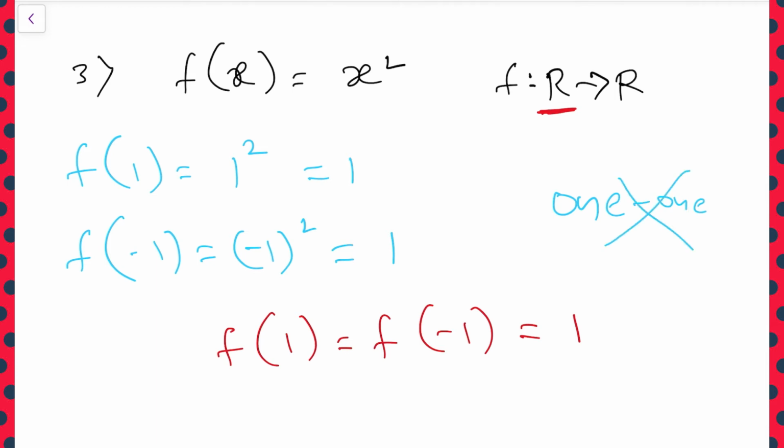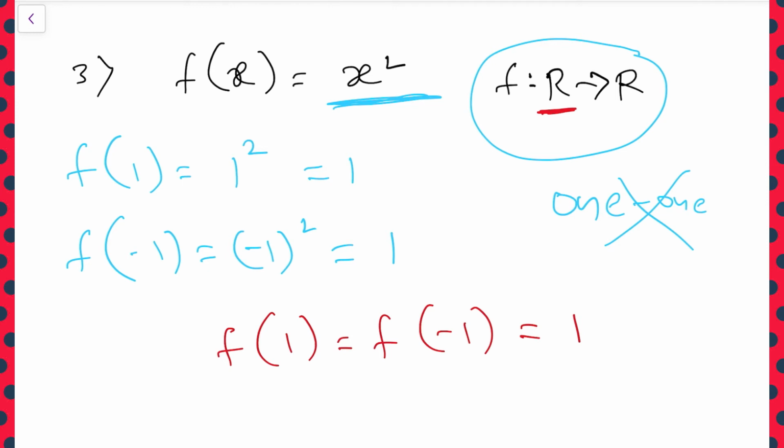So here you can remember, this is a quadratic function. A quadratic function is never 1-1. But that always depends on the domain. Again, you need to remember the domain also, because if we define the function from natural numbers to natural numbers, then obviously it will become a 1-1 function, because in the natural numbers there are no negative numbers, nothing.